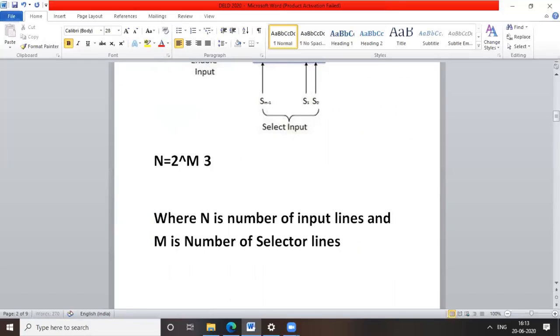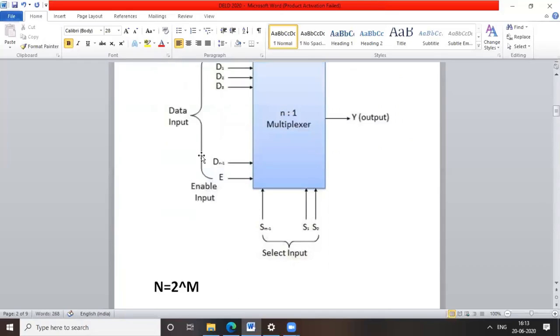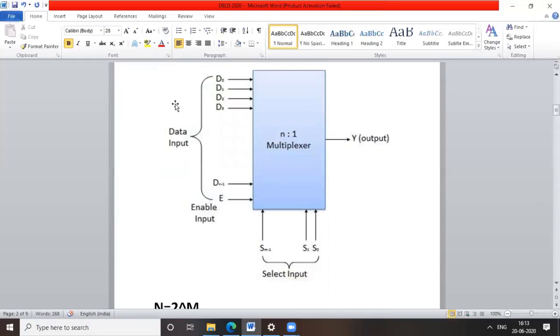Okay, so in this example, it is given that multiplexer is present between 32 register and one accumulator. Okay, on one side we have 32 register and those 32 registers are connected to accumulator. So what multiplexer should do? Multiplexer should select only one of the register and data present in that register should be sent to the accumulator. So that is our requirement. So that's why here multiplexer is placed in between 32 register and one accumulator.